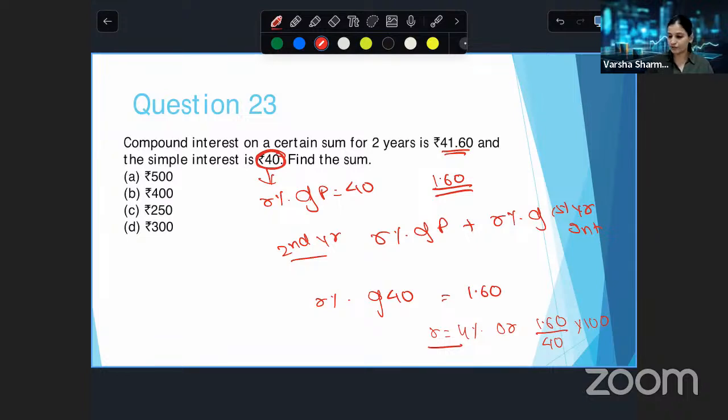ओ ठीक है, सॉरी, फॉर 2 years। ये सिंपल इंटरेस्ट 2 साल का 40 है, तो एक साल का 20 रुपया होगा। तो एक साल के लिए 20 रुपया लेना है, या 2 साल के लिए 40 रुपया लेना है, कोई सा भी। पहला साल अगर करता है तो कितना आ रहा है इंटरेस्ट 2 साल के लिए? 40 आ ही रहे हैं। नहीं, यहाँ पे कुछ wrong।